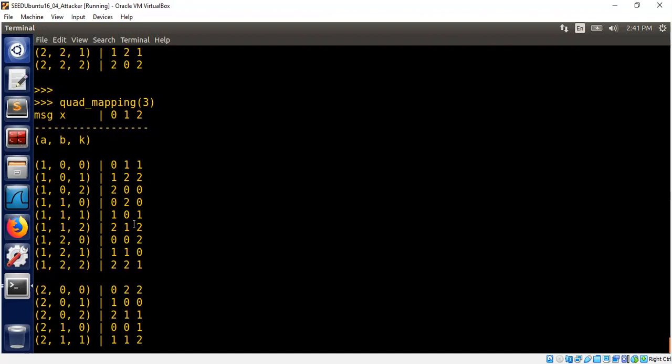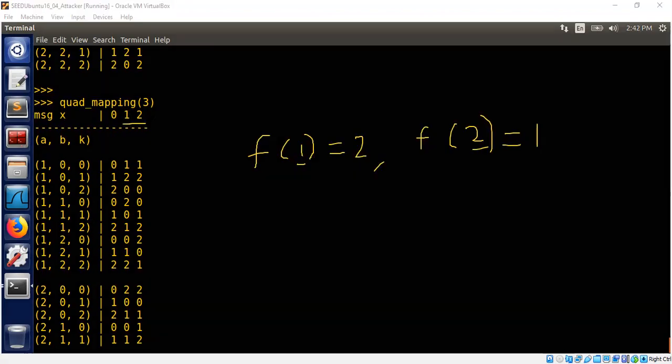The main message I want to convey to you is that suppose you know 2 points. Let's say somehow you found out the value for f of 1 and f of 2, and we need to look at 2 comma 1, right? Because this is the output 2 and 1. So where are 2 comma 1? Here is 2 comma 1. Is one place. That means A can be 1, B can be 2, K can be 2. But let's scroll down further.